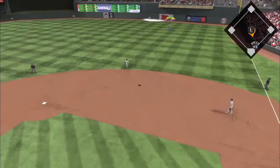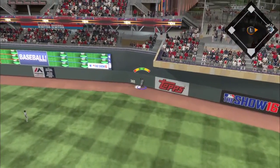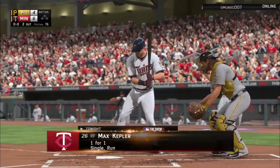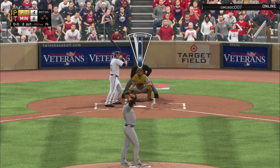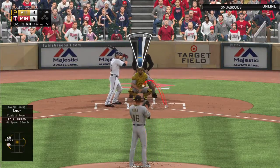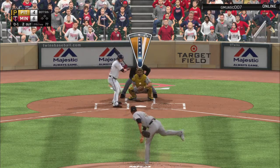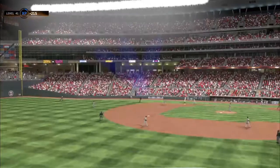Hit high and deep to straightaway right field. Back goes Polanco to the track. He's got it. A nice play there. Two away. Stepping in, Max Kepler. He singled his last time up. Chop foul right at home plate, strike one. The windup and the 0-1. This is pulled into right, and he'll get there in plenty of time to put this one away, and that ends the...